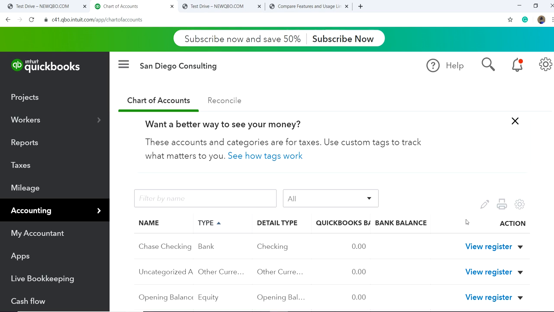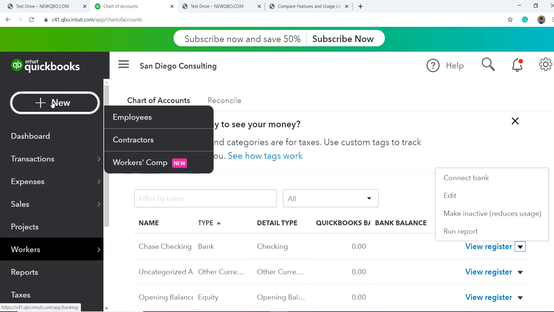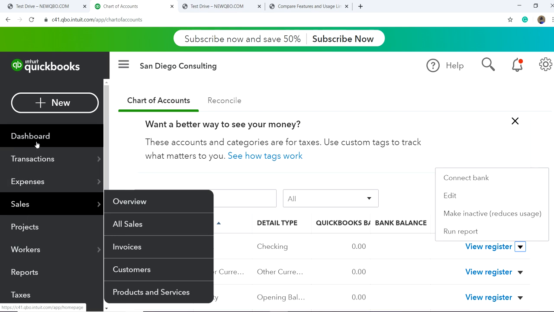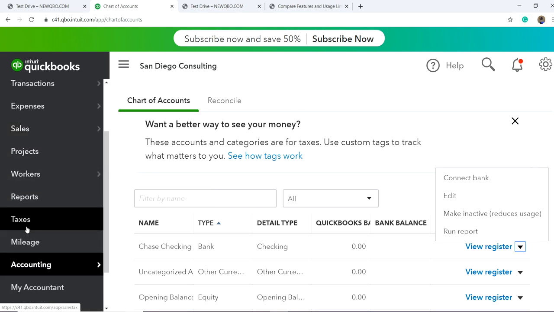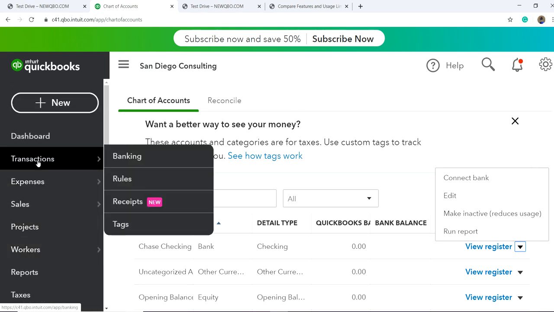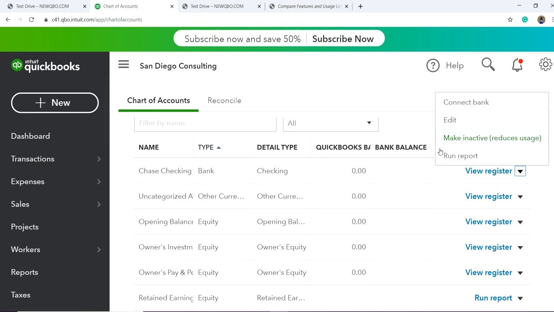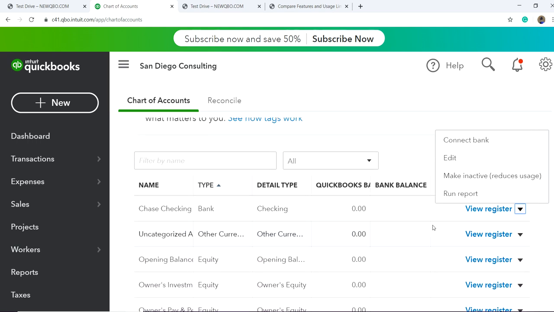So if you want to connect, all you have to do is select connect bank. So before you connect from the banking, you don't want to connect from the banking. You can connect from banking too. See the transactions, banking. Okay, but it's better to create your own account, as I did here, and then you select the